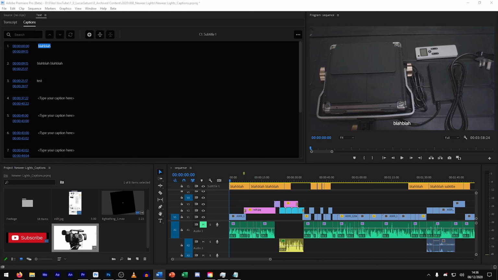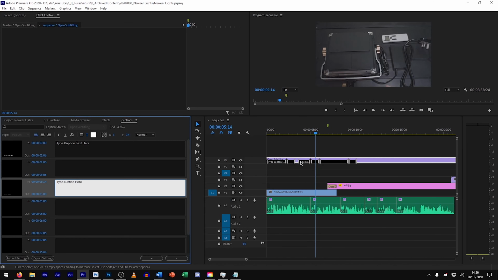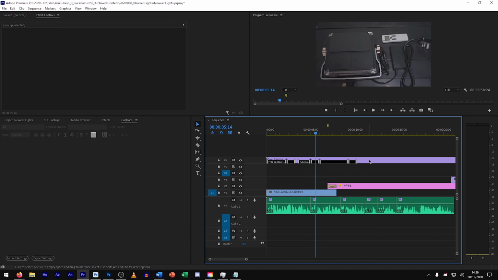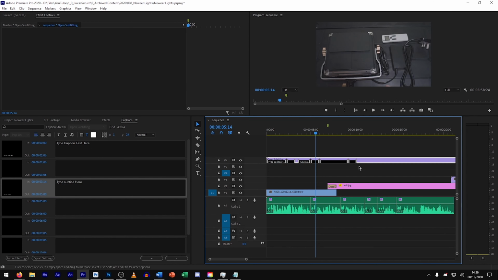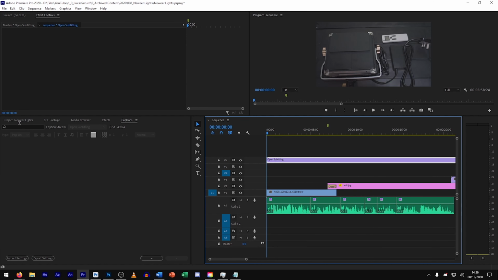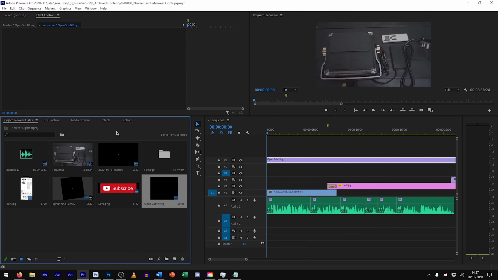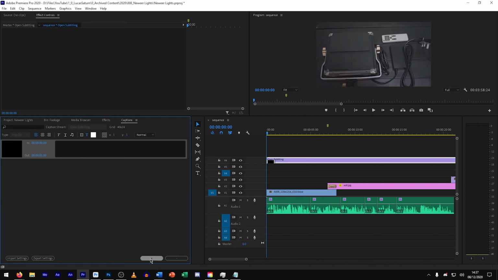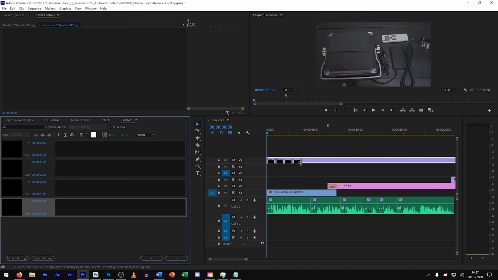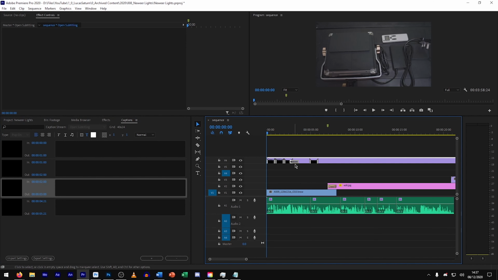So first thing, and the most major thing, is the new captions workflow. So how it used to work in CC 2020 is you would have this captions window, and if I just delete most of these, you go to your project, create a caption file, and then just add it. And on your timeline here, you see it's one large clip. You can slightly move these around. It's not very convenient. You do have snapping on it.